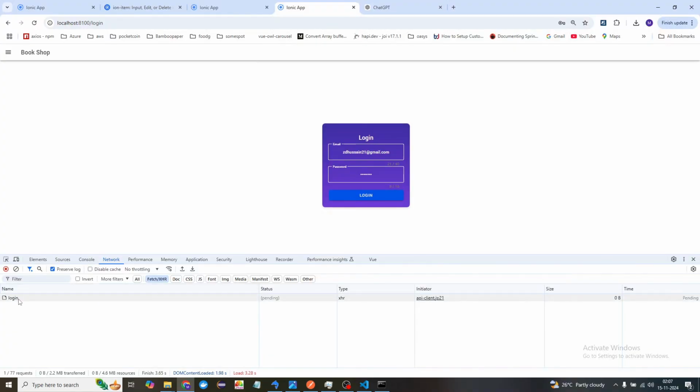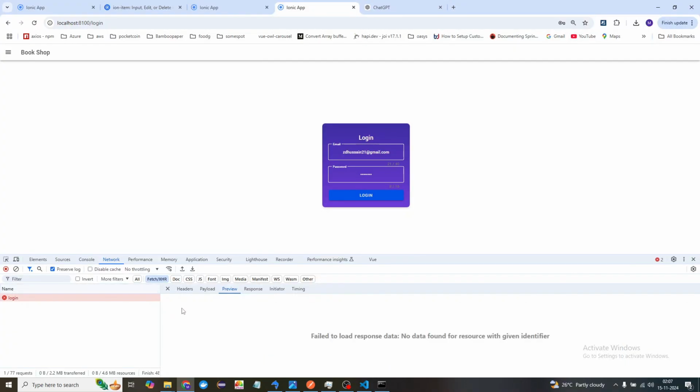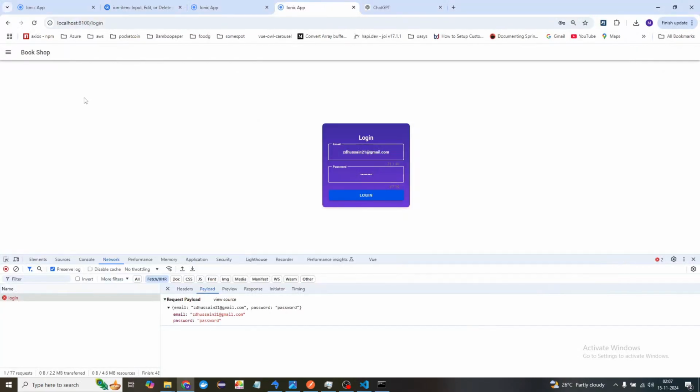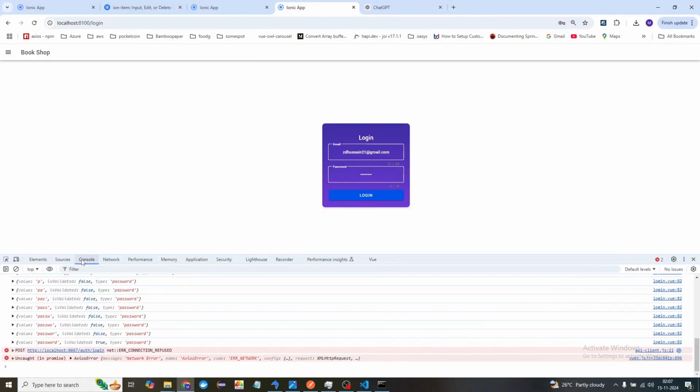You can see the API call happens here, but it is returning with a certain response. You can see email and password is also being pushed to the server with the request payload. The same thing which we were doing with the client Postman, right? Same thing is now happening from here. So that's how we are going to call the API throughout our application, and that's how we are going to